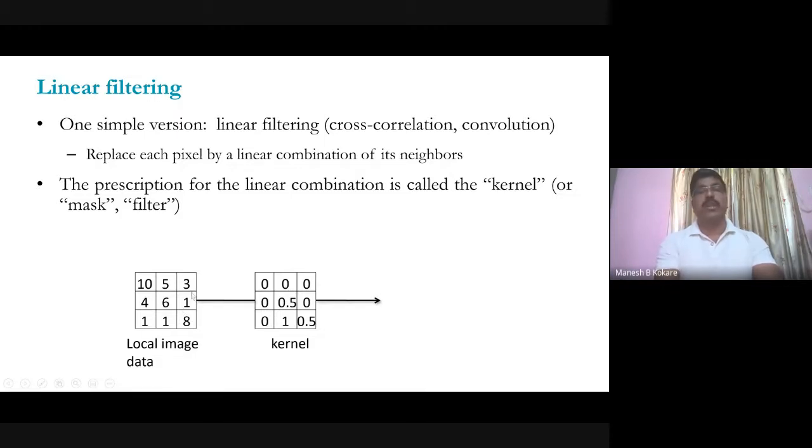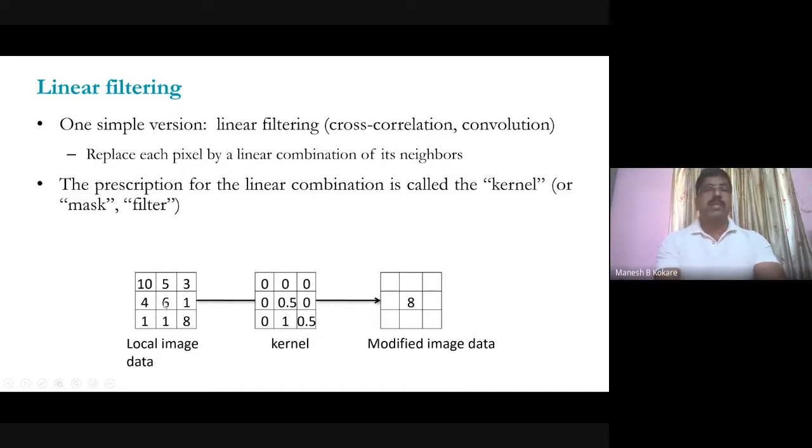This 0 also will not make any contribution because of this one. And then this 3 plus 1 plus 4, that value of this 6. Originally the image pixel was having value 6, and when you apply this kernel function or filter function, you got the value as 8. Why 8? 0.5 into 6, that is equal to 3. Then 1 into 1, so that is 1. So 3 plus 1, and then this 8 into 0.5, that is 4. So you have to add 3 plus 1 plus 4. So that is coming 8.